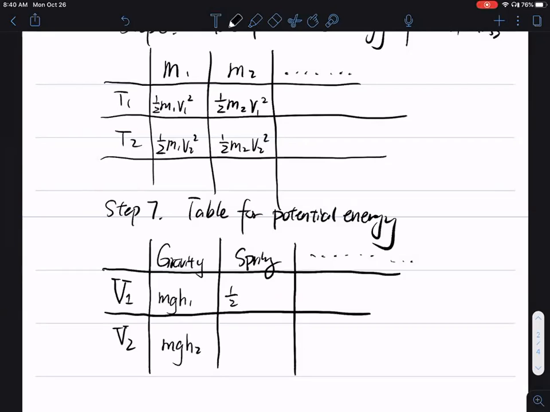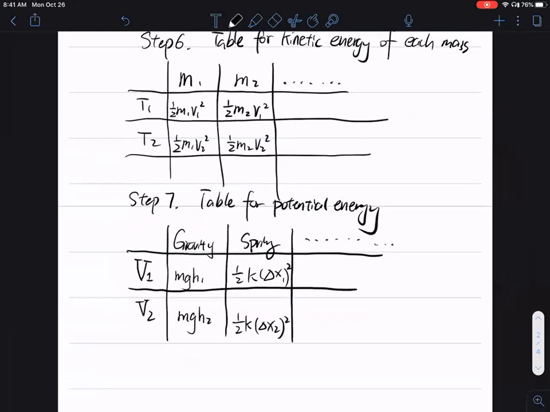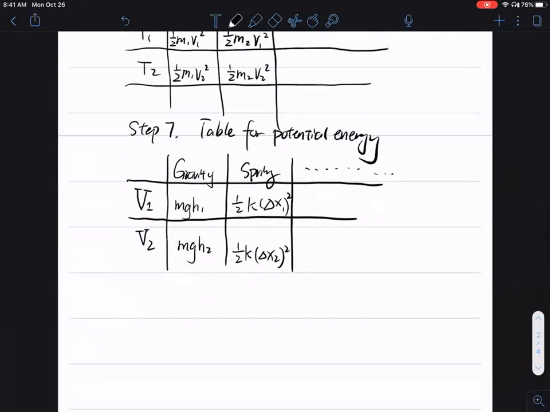That's 1/2 k delta x1 square at position 1. At position 2, you're going to have 1/2 k delta x2 square. Okay. And that's step 7. Step 8